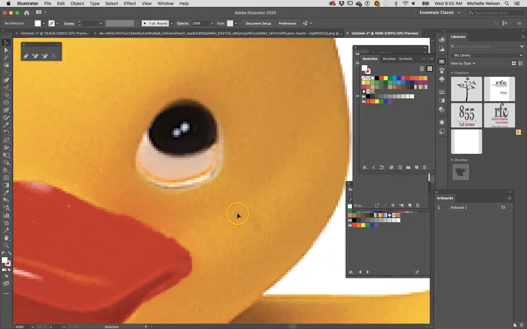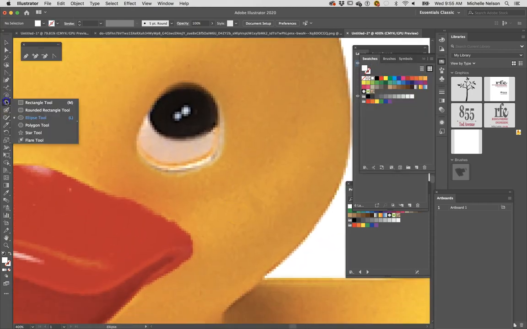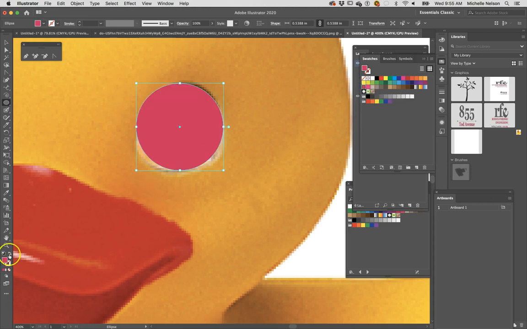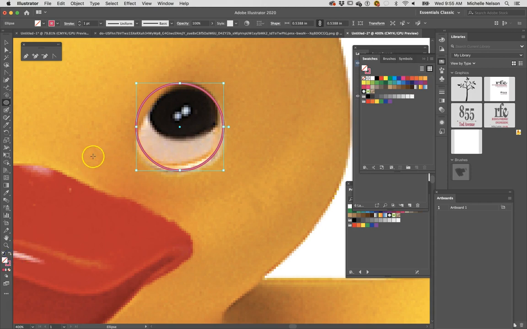So you can see that this does not look like an egg, but we're going to use the same ellipse tool to do this. We're just going to pull what looks like the right size and stretch it a little bit so that it's the full size. And to draw this, I'm going to turn this to red and do an outline so I can see where his eye is. And one of the easy ways,